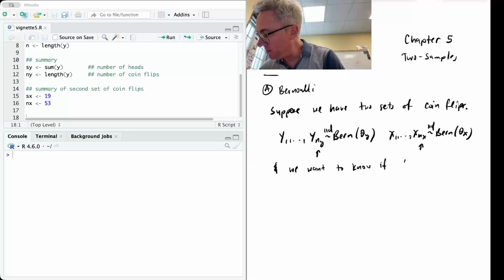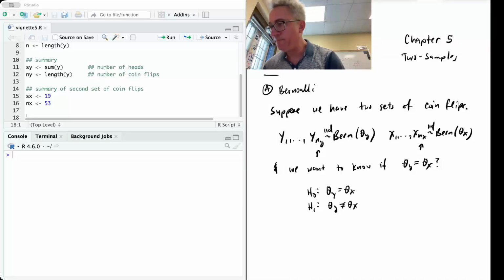Which is that theta y is equal to theta x. So our null hypothesis could be that they are the same. Let's write y first. And the alternative could be that they're not. As usual, we go about testing by assuming that the null hypothesis is true. So if the null hypothesis is true,